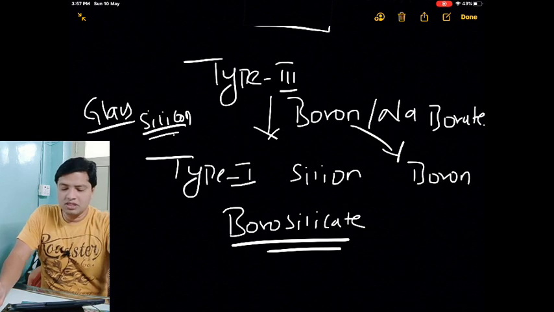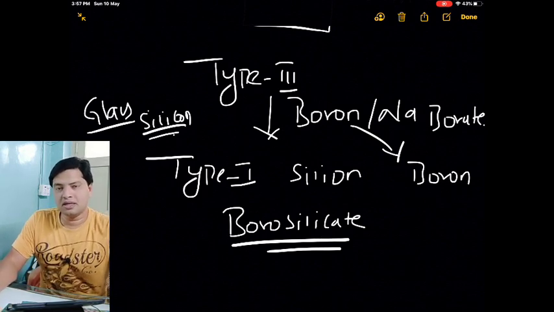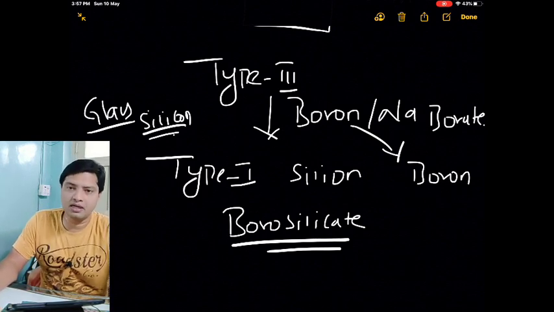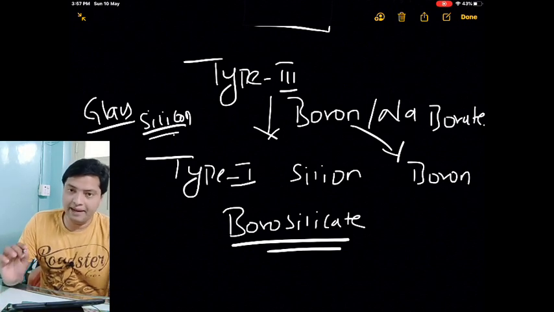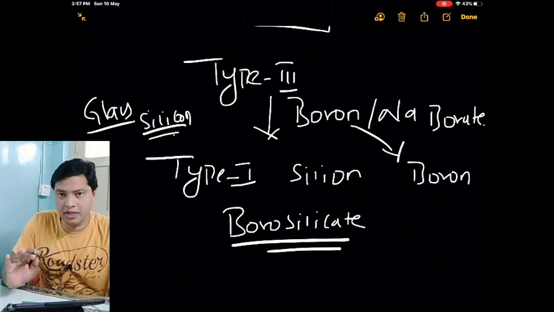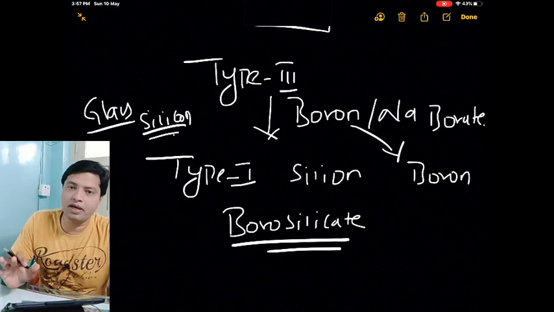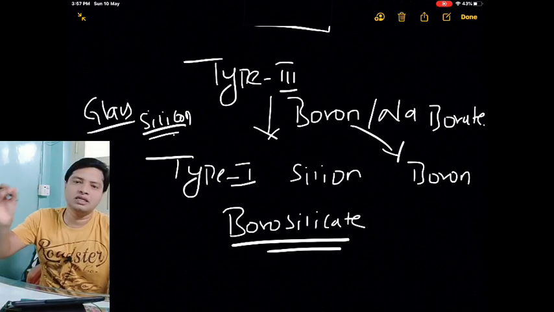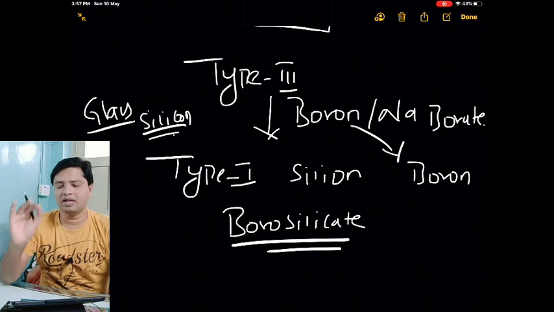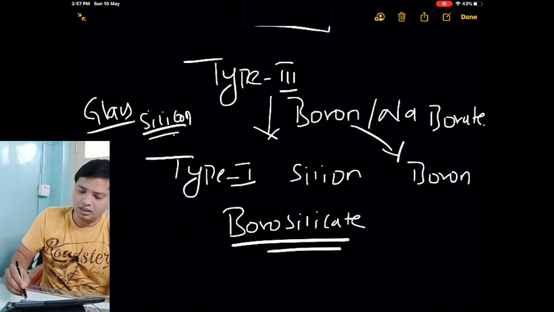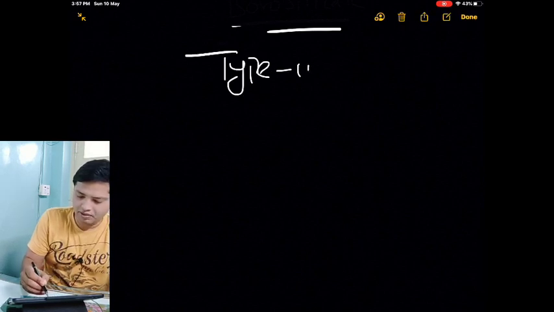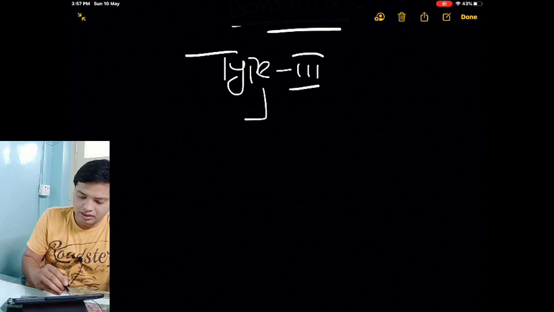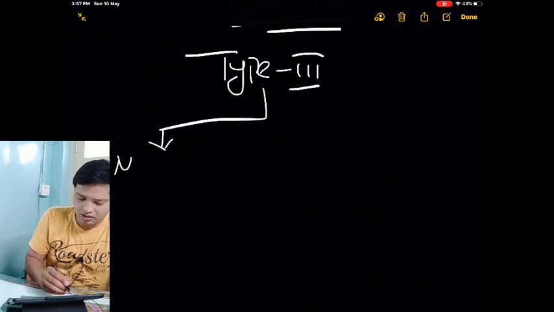You can use this glass for parenterals, and type 2 can also be used for parenteral aqueous solutions. Type 3 we can't use for parenteral aqueous solutions. You can use it for parenteral oil solutions, because in oil the leaching of the glass will be very less. The next type is, again take type 3, try to add metal oxide.